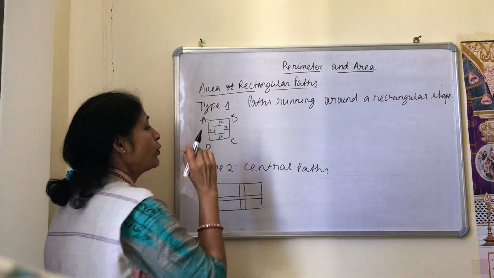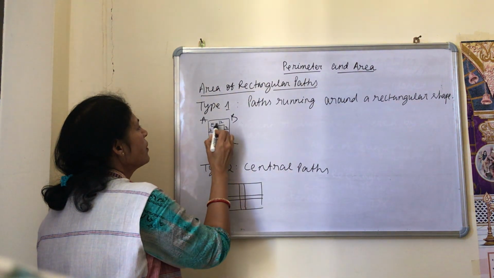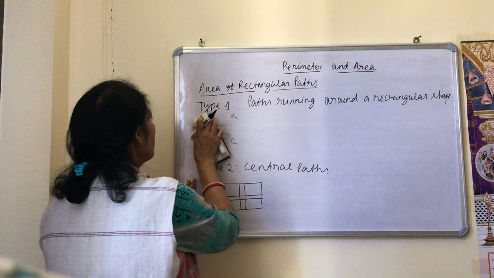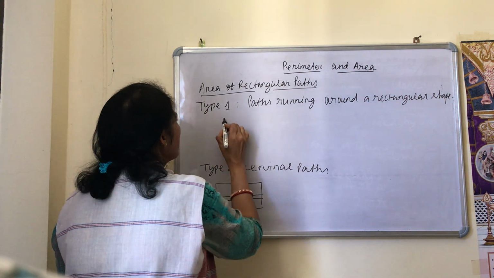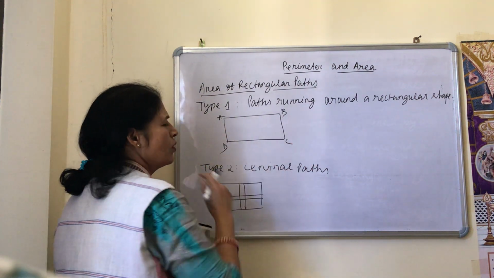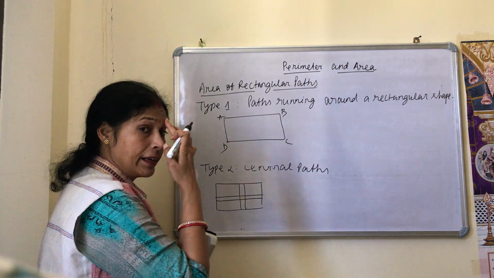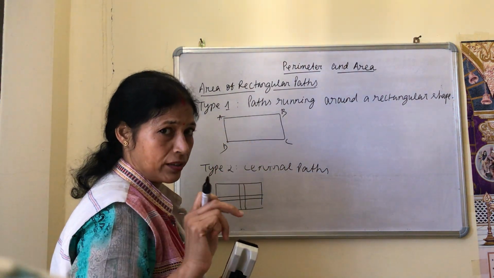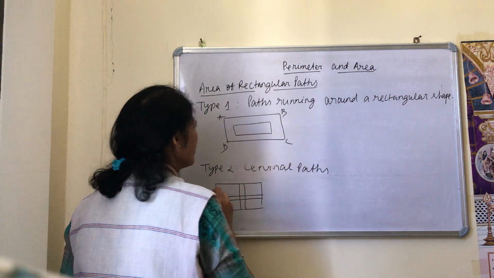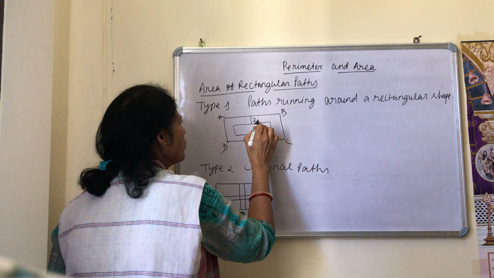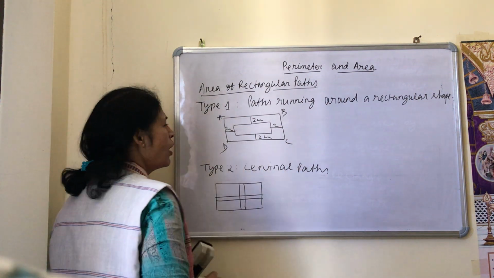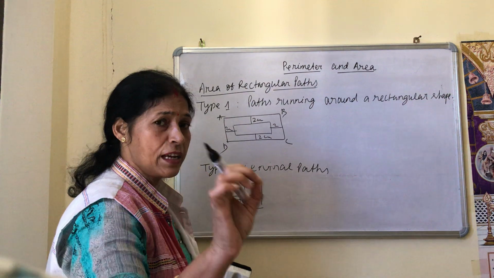So how do you find out? Suppose this is EFGH. Okay, let's draw a larger one. Then you have to be clear. Suppose ABCD is one rectangular field, inside it a 2 centimeter path is going. So everywhere a 2 centimeter path. That means the width of the path is 2 centimeter everywhere. So how do you find out the area of the path? So